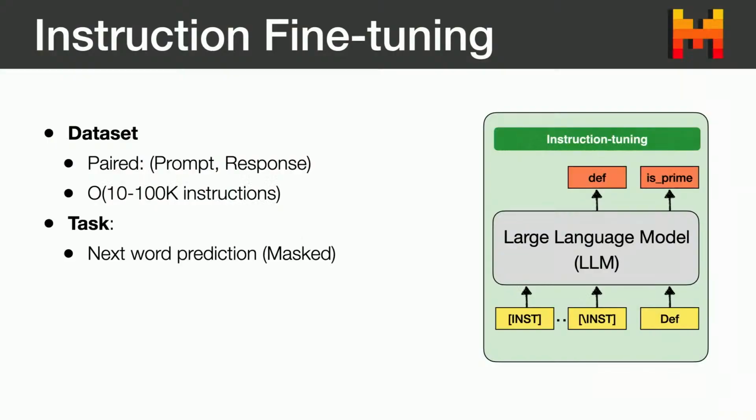So the data set is paired prompt-response pairs. We typically use hundreds of thousands of instructions. The task is next word prediction, but we mask the input instruction. It requires way less compute. On the order of 100 GPUs for a few hours or days is typically sufficient to do instruction fine-tuning. And then the last step is learning from human feedback, and here the idea is